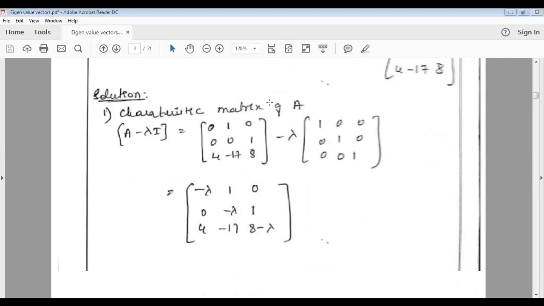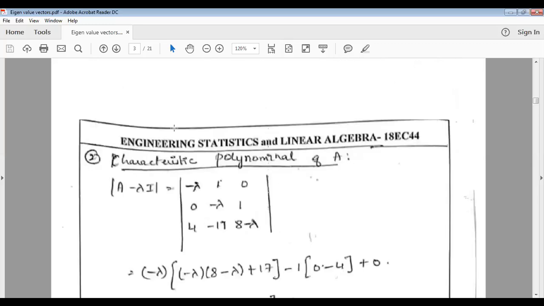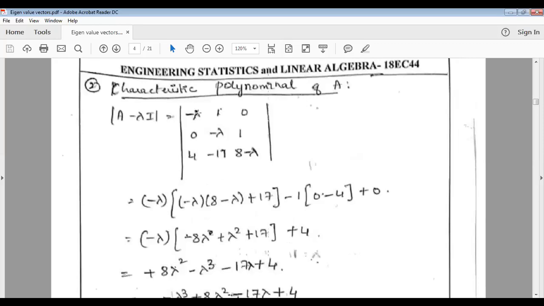So I have written the matrix A minus lambda into the matrix I, and then calculated this matrix, and this matrix is nothing but A minus lambda I. So from here you need to find the determinant of A minus lambda I. That's exactly what I've done here, right? And finding this determinant is also known as finding the characteristic polynomial of A, and finding the eigenvalue is also known as the characteristic value of it. So there are different names, but we'll stick to eigenvalue.